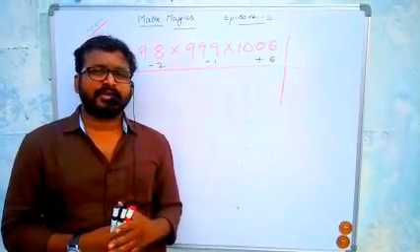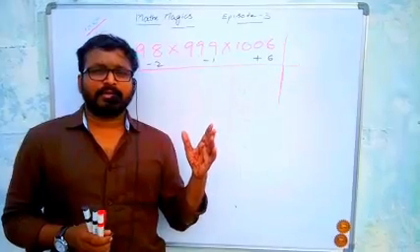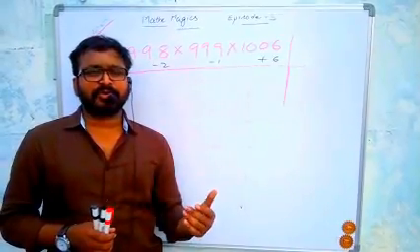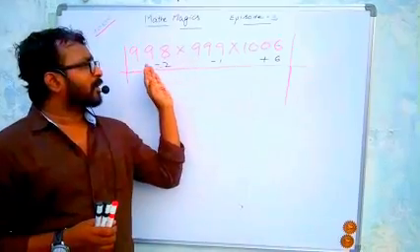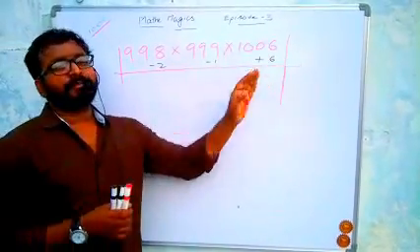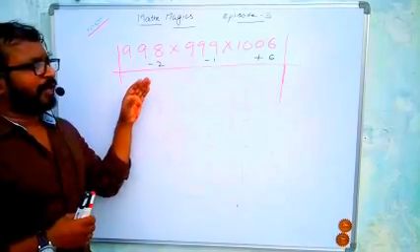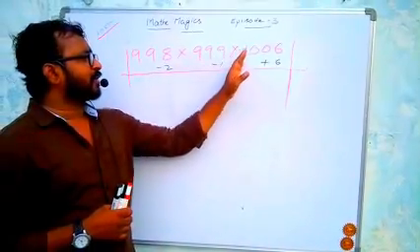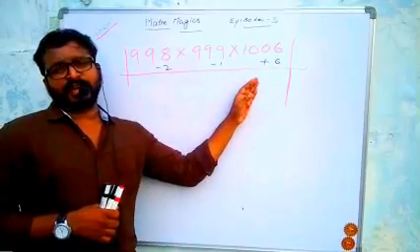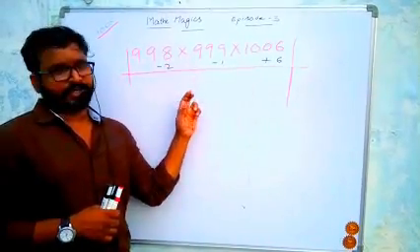Today we deal with, as usual, the base method itself. We discussed earlier in episode 2 multiplication of two numbers in the base method. But here, three numbers we can multiply. If you want to find the product of 998, 999 and 1006, we are able to solve it in a single line. We need not go for individual products.